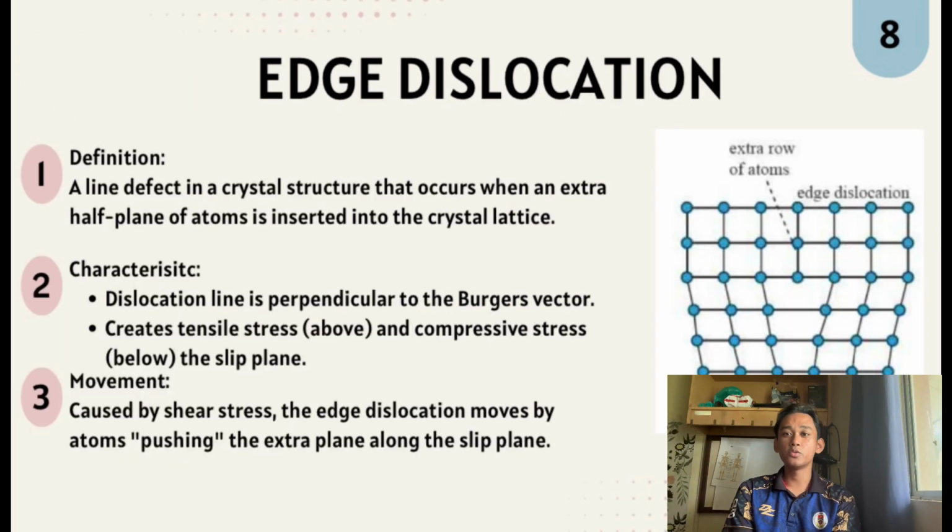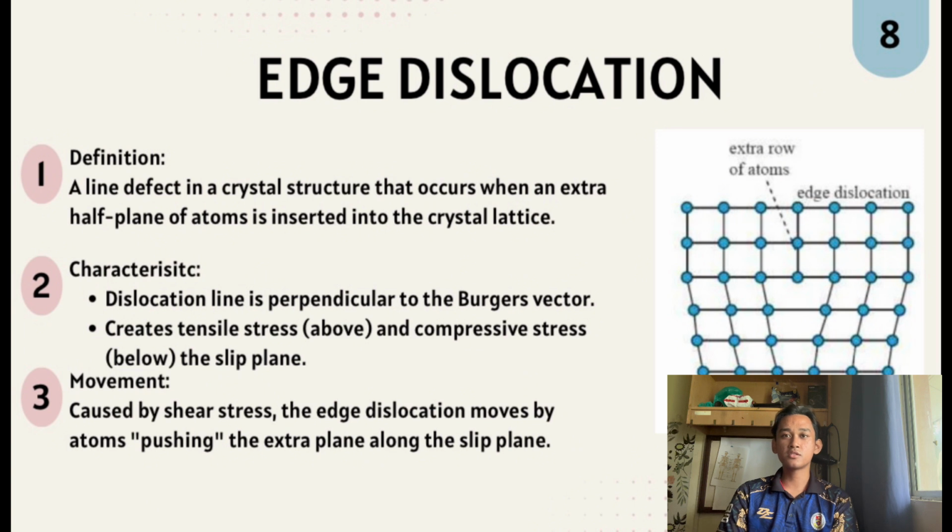Okay, now we are moving on to edge dislocation. The edge dislocation is a line defect in a crystal structure that occurs when an extra half plane of atoms is inserted into the crystal lattice. As you can see in the figure, there is an extra half plane of atoms at the upper part of the crystal lattice that makes the shape look wider than the bottom part of the crystal lattice. And the characteristic of the edge dislocation is that the dislocation line is perpendicular to the Burgers vector,